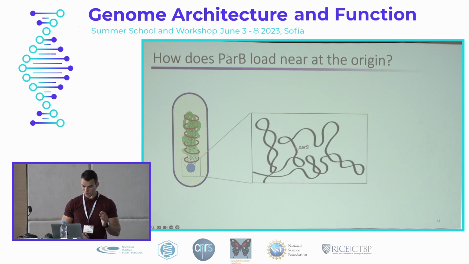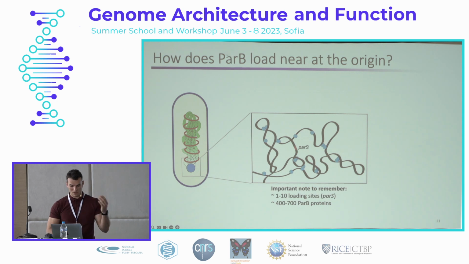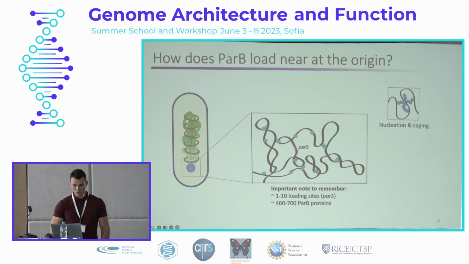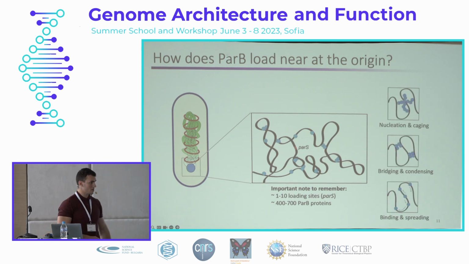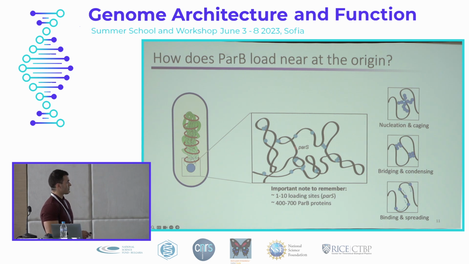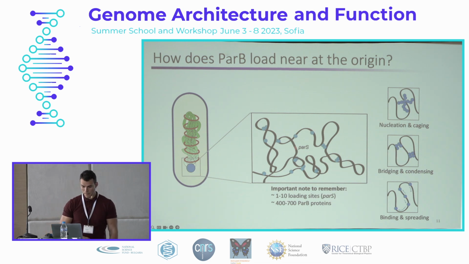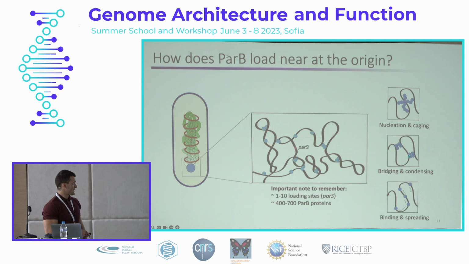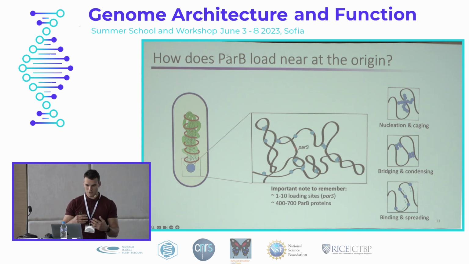As I told you, in some bacteria you can leave a single parS and the bacteria are perfectly viable, but there are hundreds of proteins that load there. Over the past 20 years, there have been different theories of how this happens. Some of them propose that one would load and then start nucleating and forming a kind of cage around with different proteins. There's the bridging and condensing hypothesis, which is essentially that different ParBs would load to different parS sites and then they would all come and connect and bridge into some form of a nucleoprotein